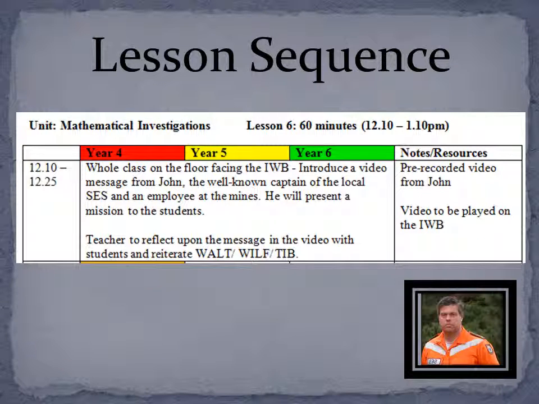Now looking at the lesson sequence to see how this will work in our multi-age classroom. In Lesson 6, all students will come together to be presented with the authentic problem that they will need to investigate through problem-based learning. This approach to learning will see a challenging problem driving student-centered instruction based on constructivism, where collaborative groups will find solutions and the teacher will act as a facilitator to minimally guide instruction.